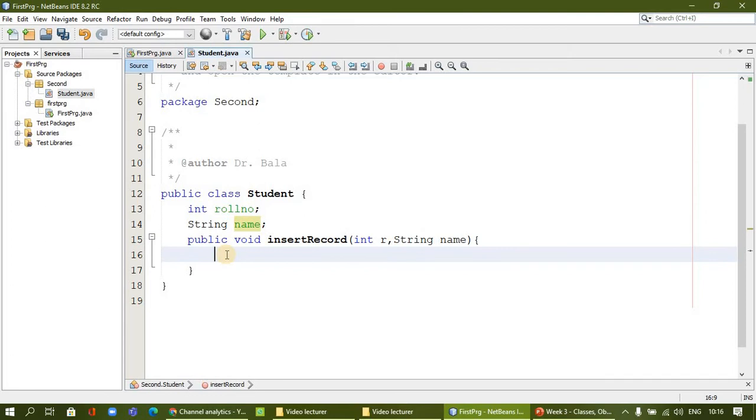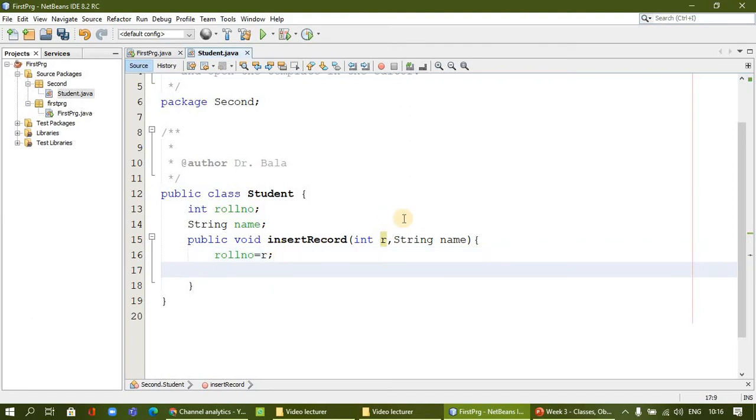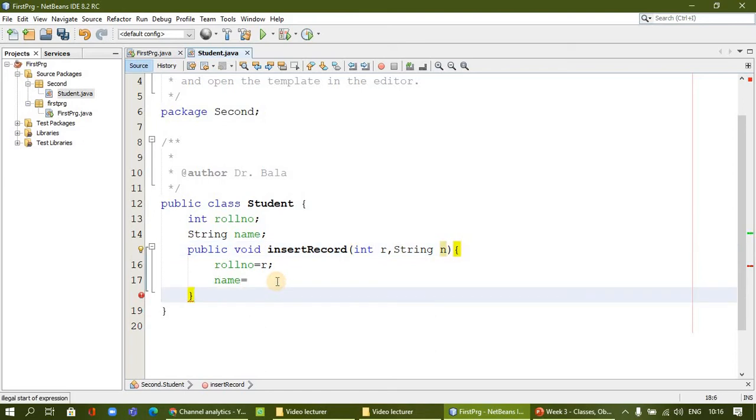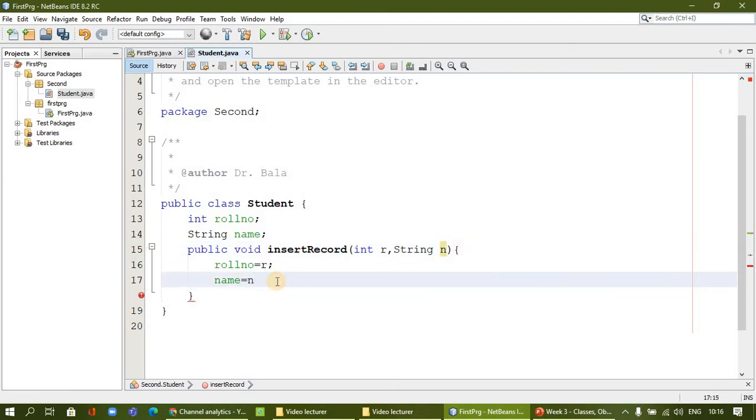Also we will discuss this and another outcome. At present I'm going to assign to the class level variable the value we are receiving in the parameter. I'm receiving the argument r and assigning this value to the class level variable rollNumber. In the same way, name is a class level variable; otherwise I have to use this operator, we will see that. The name variable n that I am receiving, I am just assigning to the class level variable.